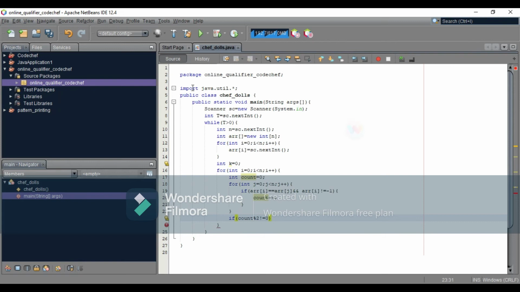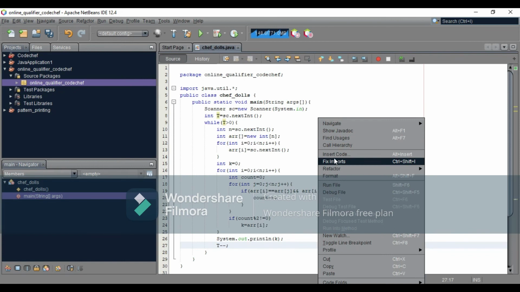Then in this case we have to write k is equal to arr of i, and after that we have to print the k variable as System.out.println, and then we have to decrement our test case.